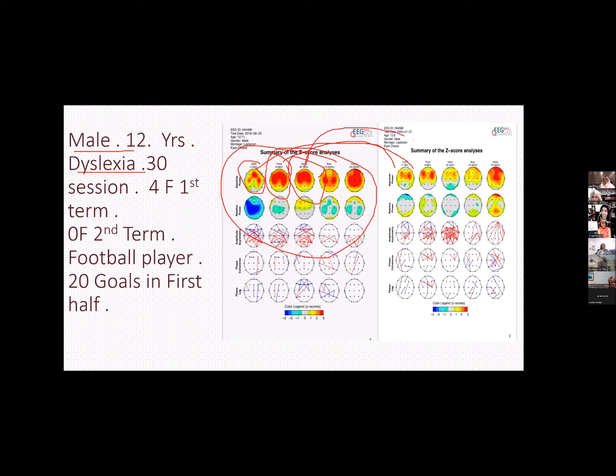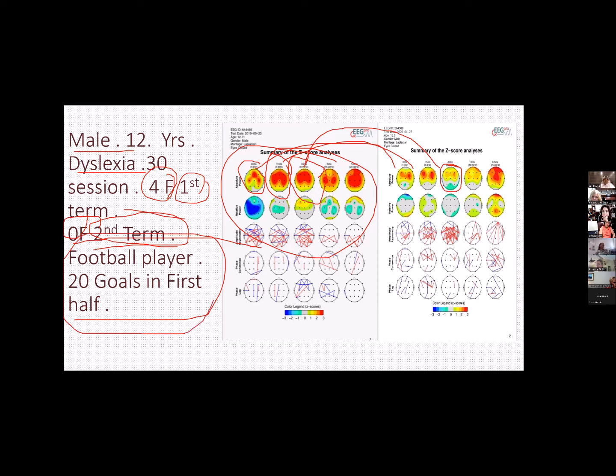Now, after reducing his alpha to this level, we started seeing that he failed 4 subjects in the first term, then 0 failed subjects in the second term. This is a significant difference. I was training him for academic achievement, but we found some significant performance progress